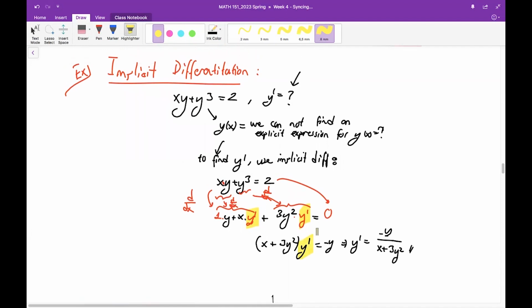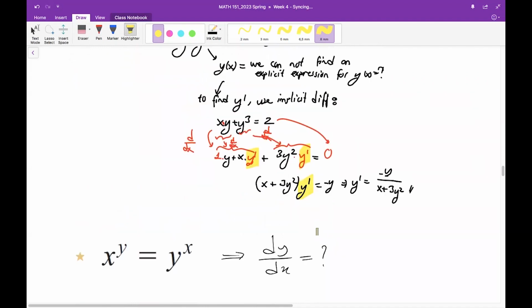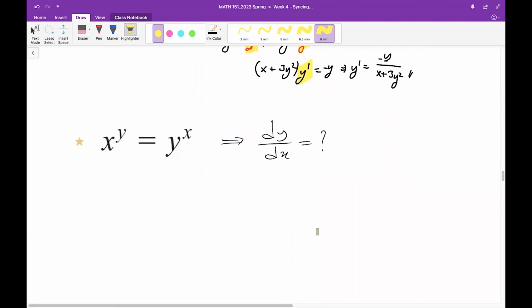If no questions now, we are ready to solve the next example, which is much more complicated than this one. This was a previous exam question. Okay, so an equation is given, quite interesting equation, and we want to solve for the first derivative of y function. First of all, which tool should be used here? Look at the structure. Both the base and the power depend on x. That's why we will start with applying logarithmic differentiation, okay? Logarithmic differentiation. Why am I applying this? Because both base and the power depend on x.